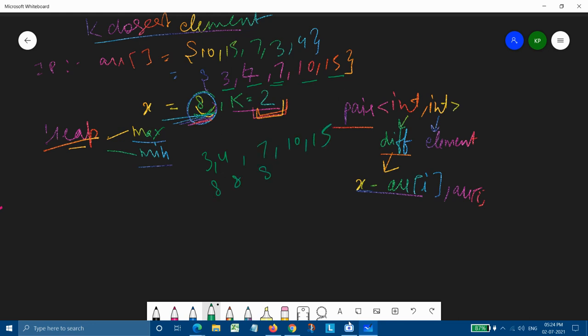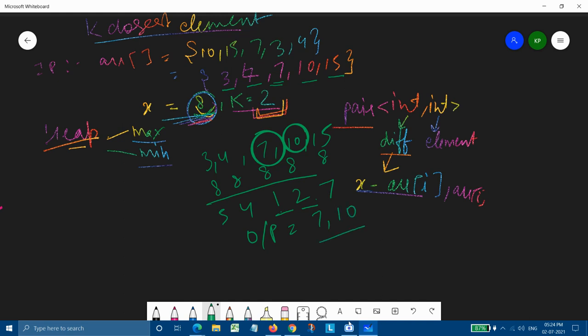For finding the K nearest elements, we simply take the difference between x and each element. So 8 minus 3 is 5, 8 minus 4 is 4, then 1, 2 and 7. We need to check which is the nearest, as 8 itself is not present. The elements with the least difference are 7 and 10.